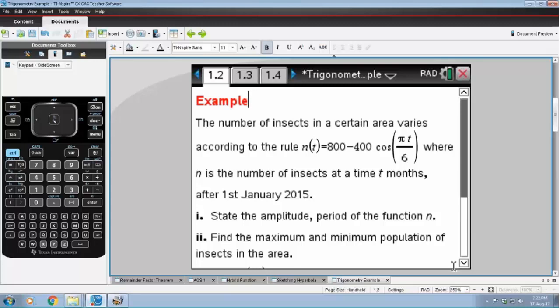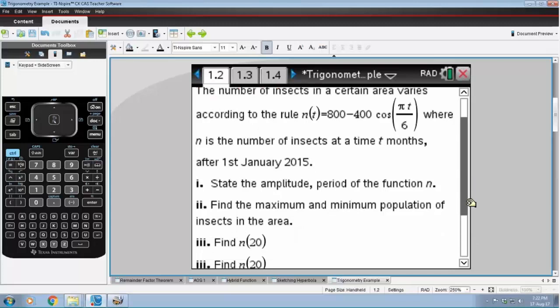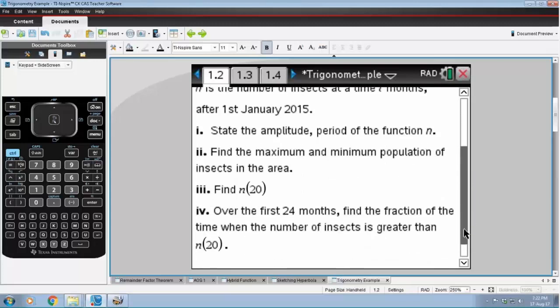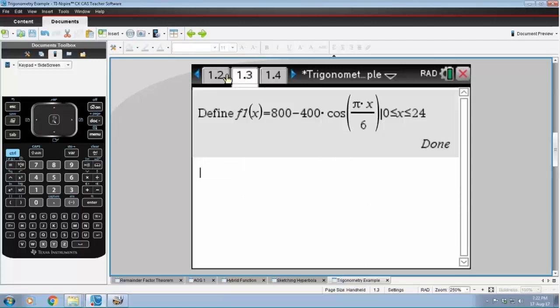State the amplitude and period of the function N, find the maximum and the minimum population of insects, find N of 20, and over the first 24 months, find the fraction of the time when the number of insects is greater than N of 20. Alright, a little bit of things perhaps we need to know here